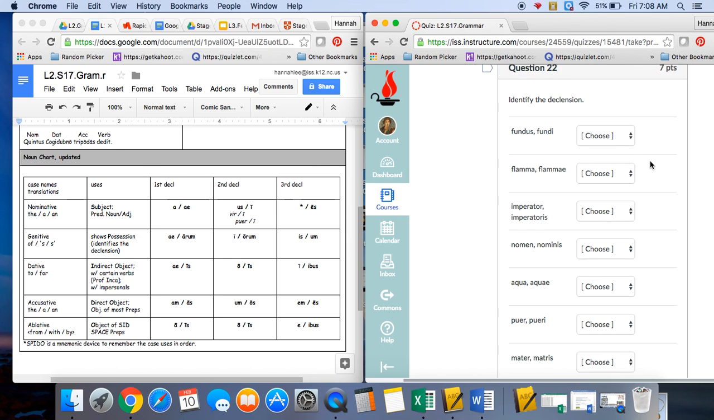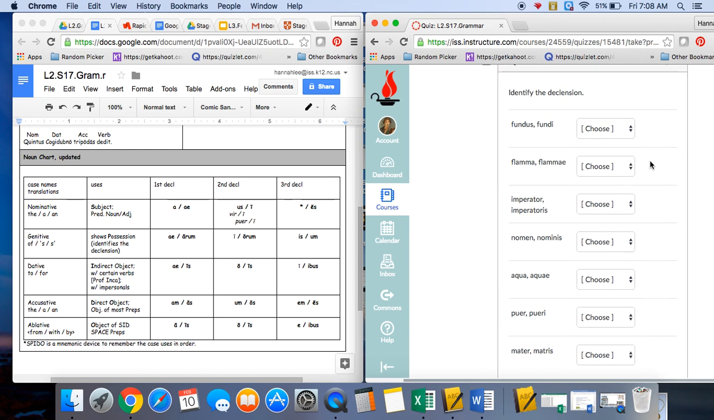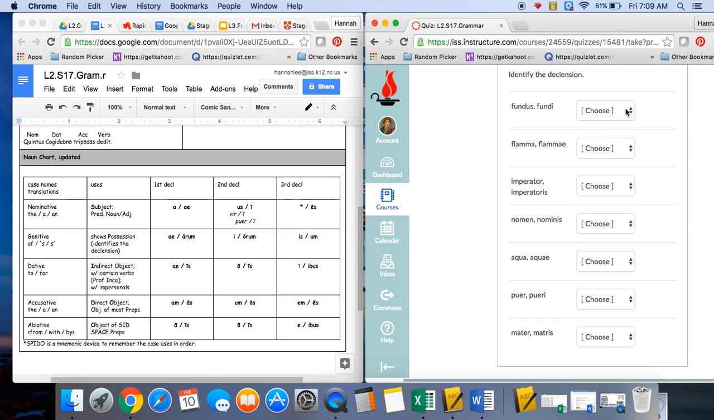Okay, question number 22 is asking for you to identify the declension. Now, in Latin 1, you could tell by looking at the first word what declension a word was. But now you're learning other forms that are easy to confuse with what you had done in Latin 1. And so it's time for us to learn the correct way of identifying the declension. It's really not the first word, but the second word that shows up in a dictionary list that identifies the